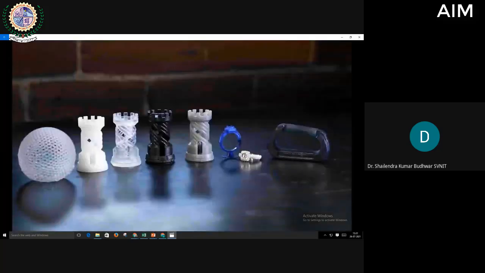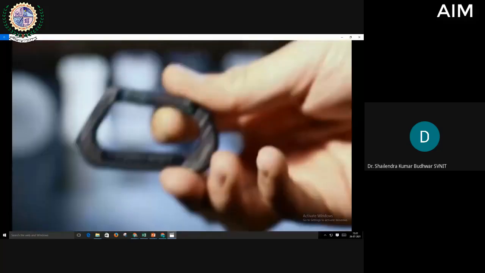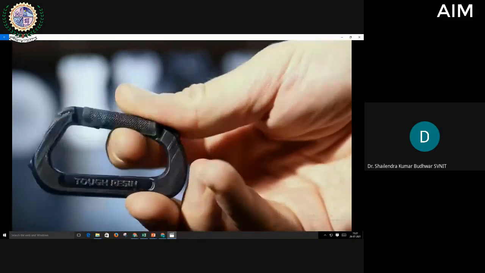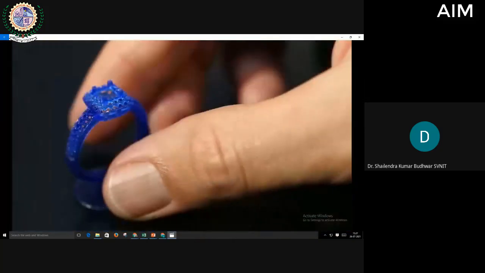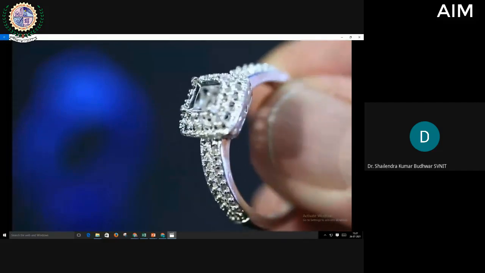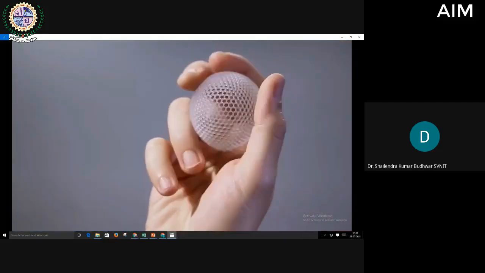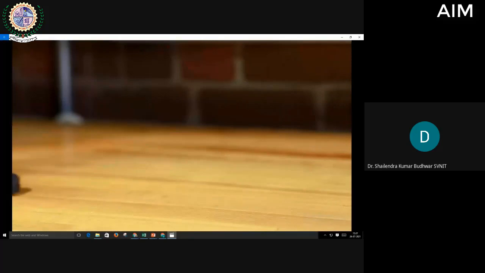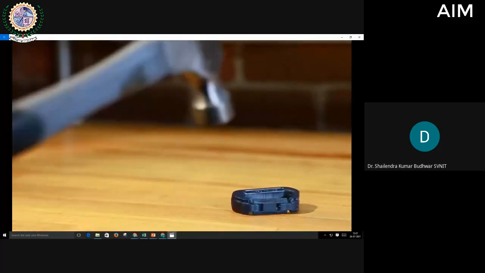The Form 1 Plus lets us take advantage of a library of materials, so we made some other parts to show what these resins can do. A castable resin gives jewelers and engineers an inexpensive way to produce metal parts. This flexible resin is great for simulating different textures, and as we can see, this tough resin can really take a hit.